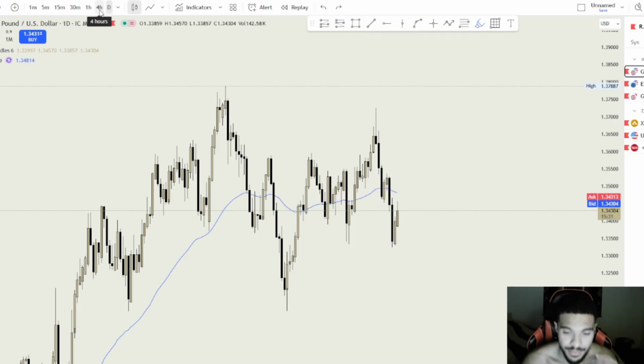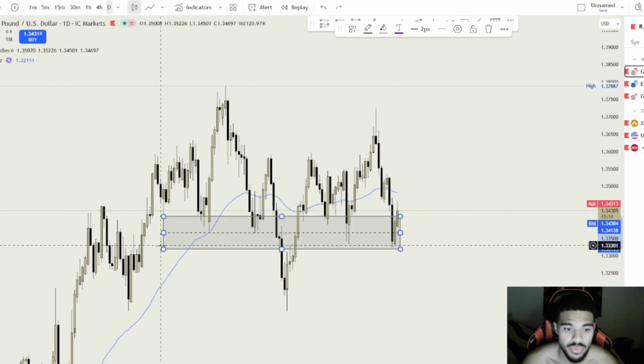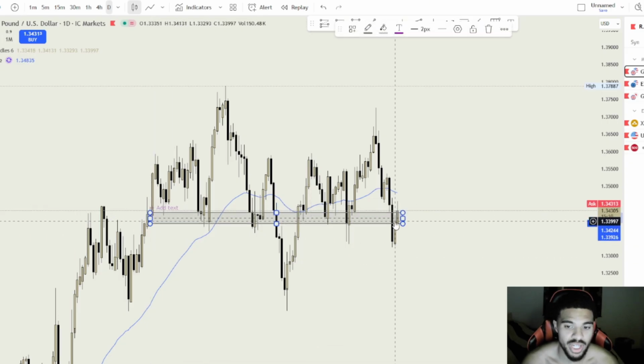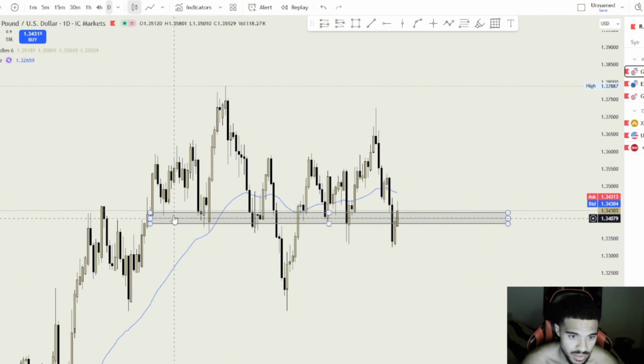On the daily time frame, I'll draw my boxes, for example areas, points of interest. So we've got 1, 2, 3, 4, 5, 6. Somewhere within this area, price could potentially look to bounce off of, or have a rejection off of. As you can see, wick rejection, rejection, rejection, rejection. But price obviously hasn't had the right rejection. We're still below the EMA.